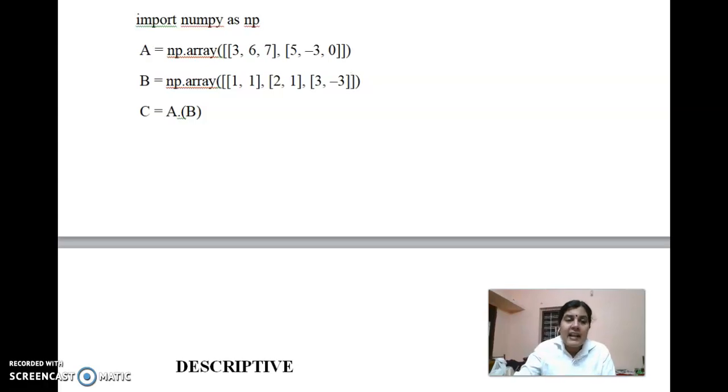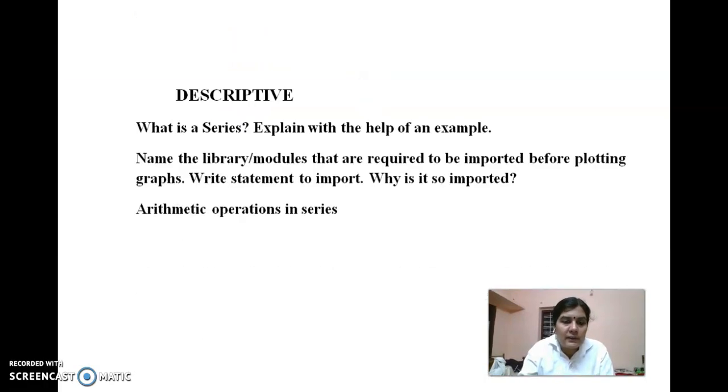There are 3 indexes in the series B. There are 2 indexes, that means 3, 6, 7 in the first index, 5 minus 3 is 0 in the second index. So at the third index there is no value for A, therefore A.B will give not a number. Remaining, just multiply these values.